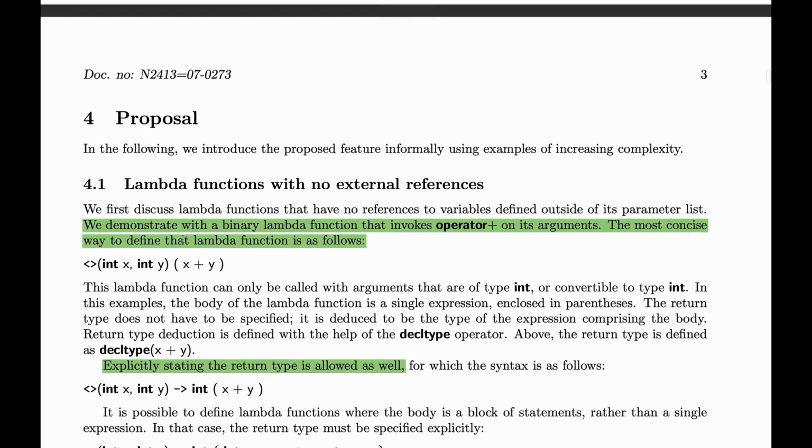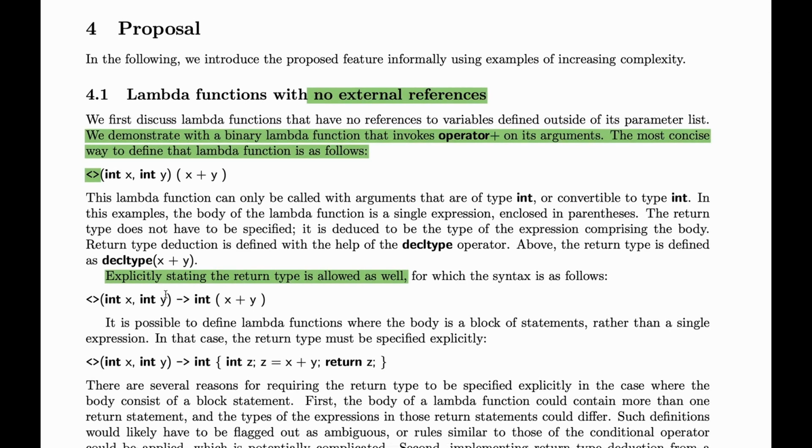Now the proposal, they clearly say that we demonstrate with a binary Lambda function that invokes operator plus on its argument. So this is just an example of a Lambda function with no external references. That means you're not trying to capture any local variable in that particular scope. You can see that they have this bracket thing which just mentions that, hey, it's a Lambda function. They take two parameters, int x and int y, and return x plus y, right? And this is just a very simple Lambda function syntax that they were trying to suggest, and things have changed, by the way. You won't see this there first of all, and if you're trying to return something, you will see a return statement written there,